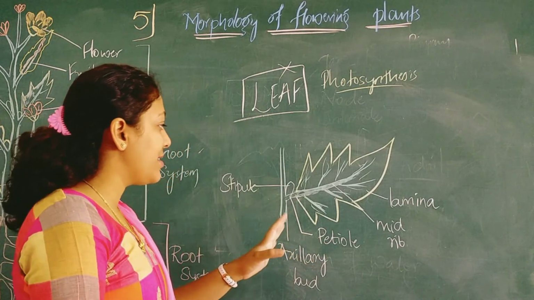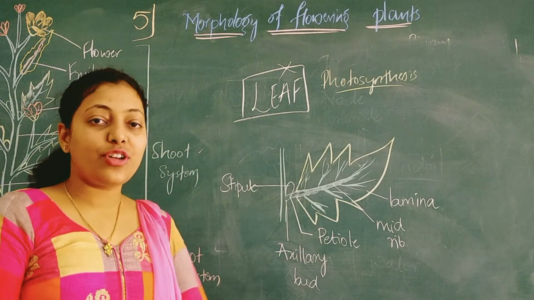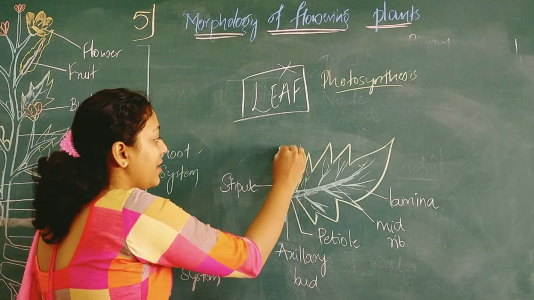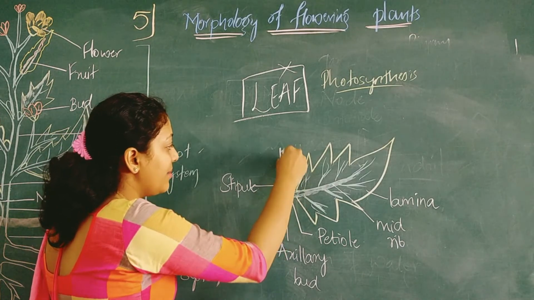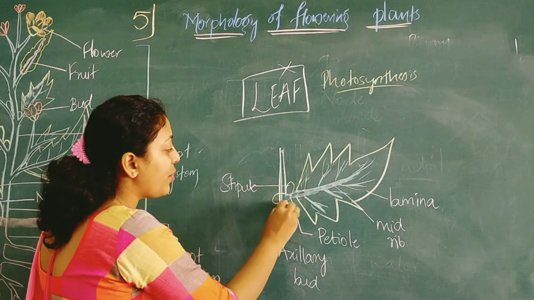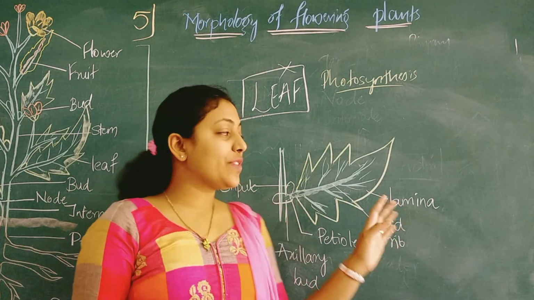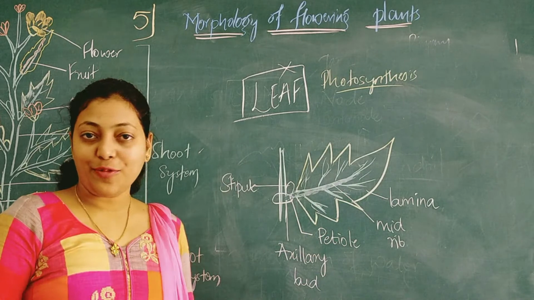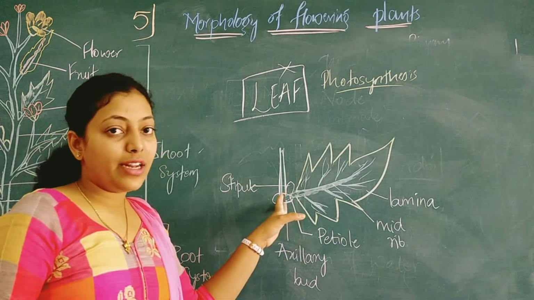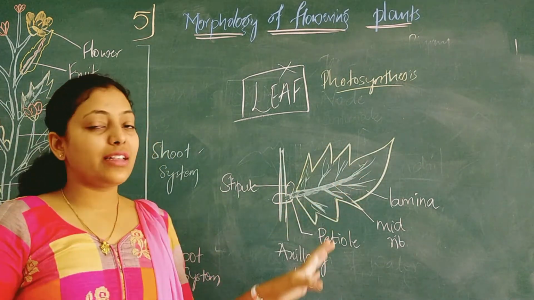Here you can see the diagrammatic representation of a leaf. What you see here is basically a stem, and at the node position, the node is the one which gives rise to branches. From one branch you can see the formation of a leaf. So this particular node gives rise to a branch, which bears a leaf.